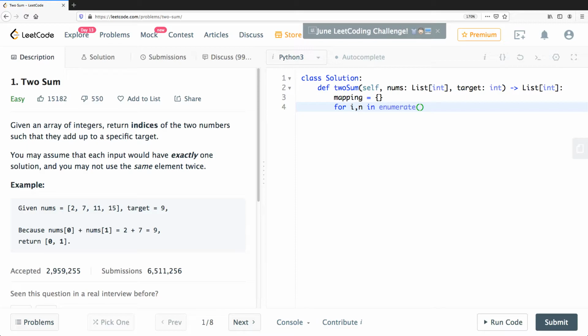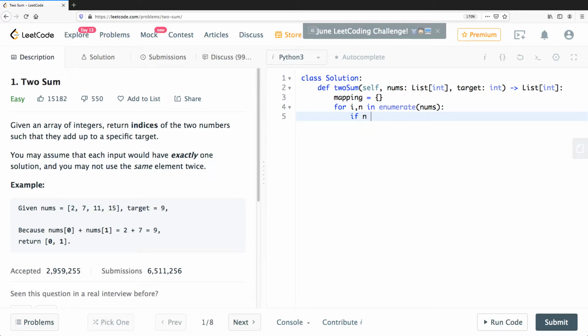So for i, n in enumerate(nums), what we can continue to do is,